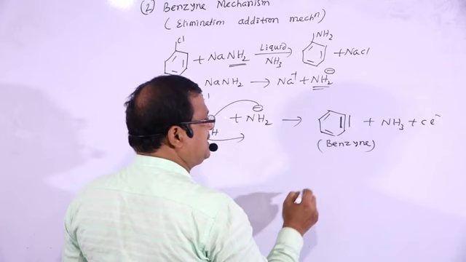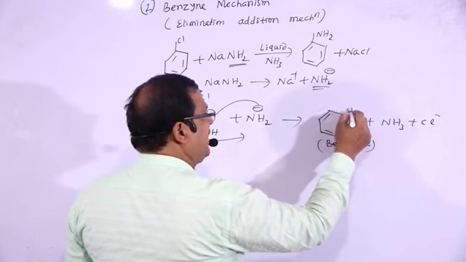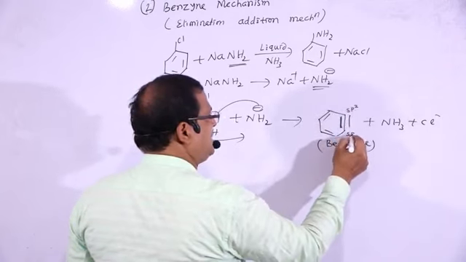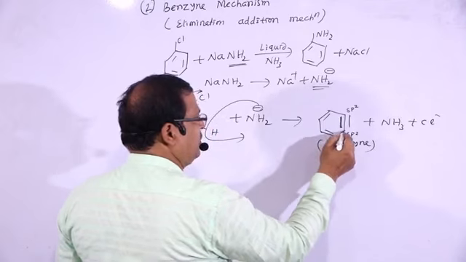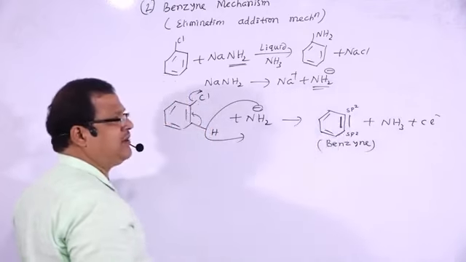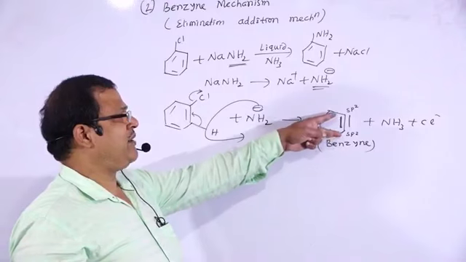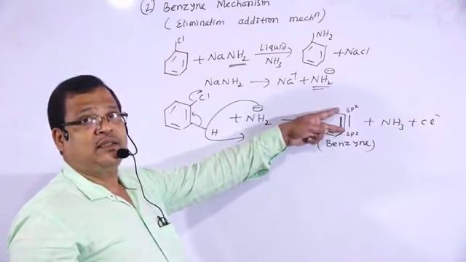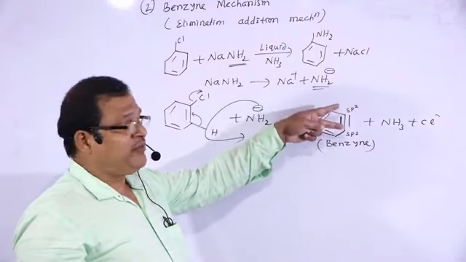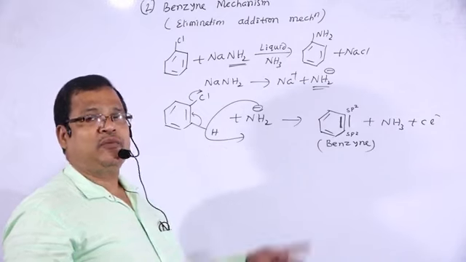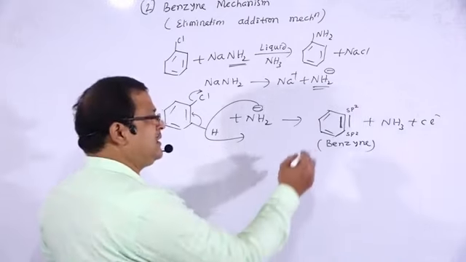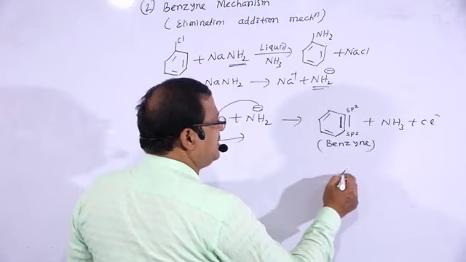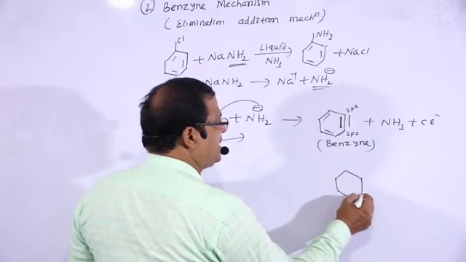There is the formation of benzyne. In this case, the carbon atom is sp2 hybridized. Mark this one. You may predict that the carbon atom is sp hybridized, but this carbon atom is sp2 hybridized. sp2 hybridized, that is a hybrid orbital that has the ability to form a pi bond. Therefore, that is an intermediate, and it is very reactive.